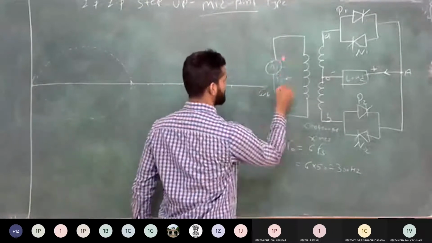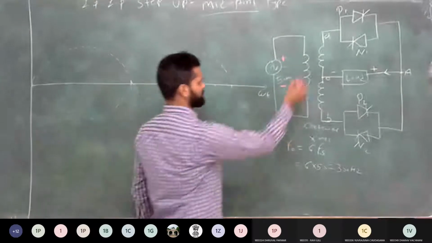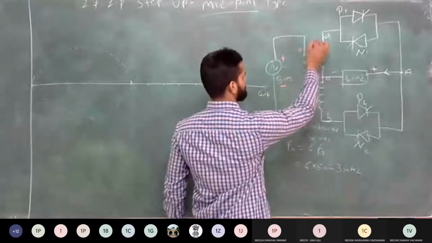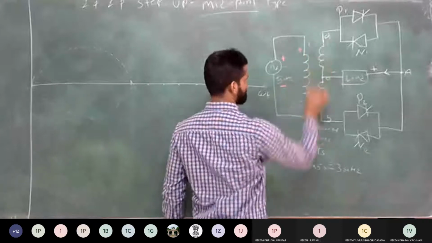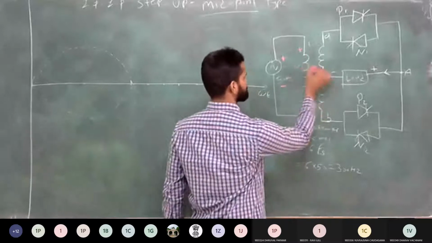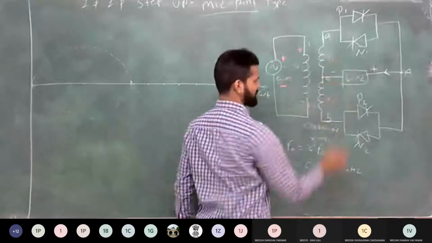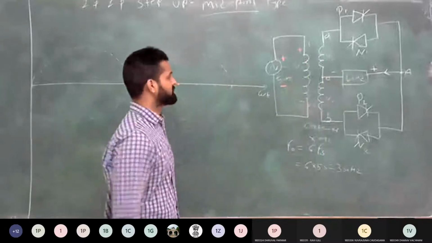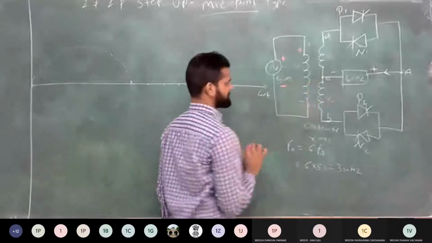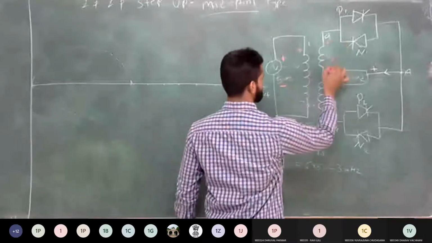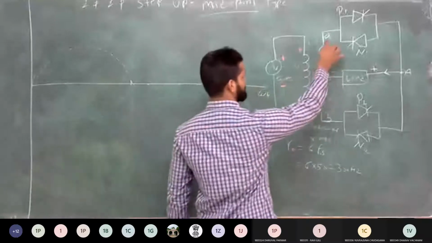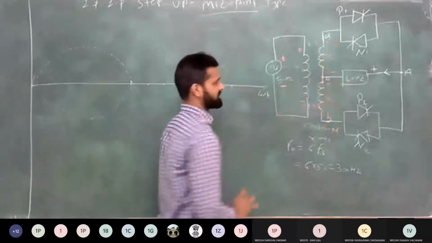It means positive polarity here and negative polarity here. So primary of the transformer is with this polarity, and here 1:1 transformation ratio between primary and each secondary. So suppose here is the VS voltage, so across each secondary you get the same voltage. Now when this positive polarity comes at the primary side, secondary side polarity is plus minus and plus minus like this. It means A terminal is more positive as compared to B terminal.